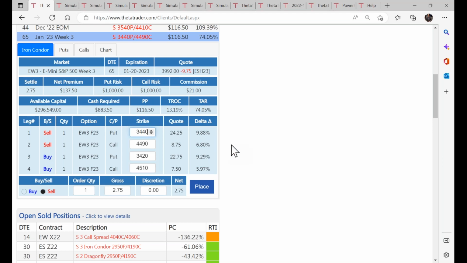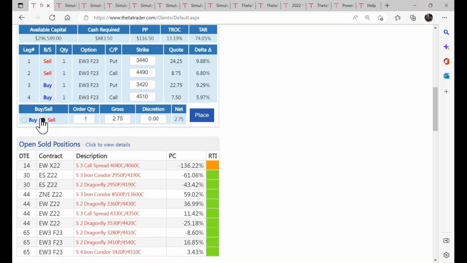And sometimes people will say, well, you have to put up too much cash to make too little money. But of course, the key is the probability here of these options expiring out of the money is very, very high. So that's the type of dynamic we're looking for on these particular trades.